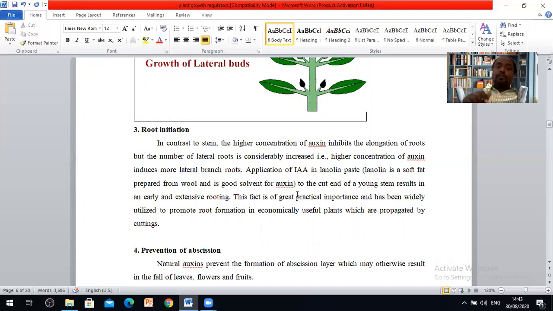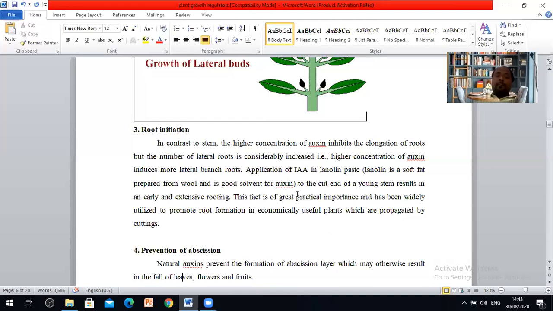So lateral roots are formed in more amount, whereas the elongation of the root is not promoted due to the presence of auxins or indoleacetic acid. A higher concentration of auxin induces more lateral branches of the roots. Particularly, the application of indoleacetic acid in a lanolin paste